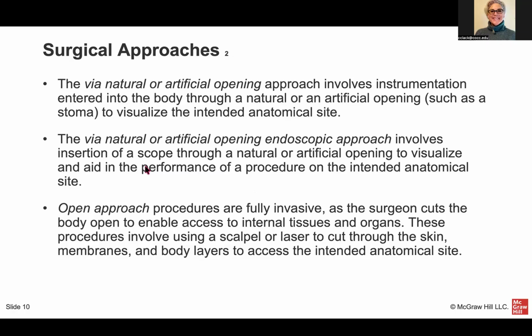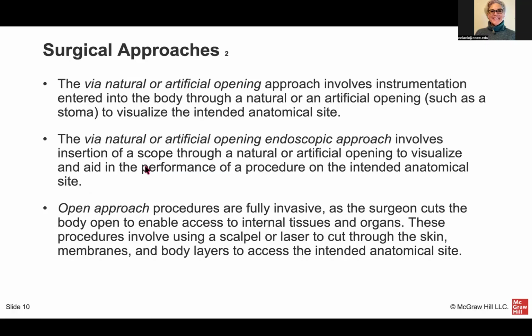The via natural or artificial opening approach uses a body's natural openings, the mouth, nose, urethra, rectum, etc., or an artificial one like a colostomy stoma to introduce instruments. There's no cutting into the skin. Via natural or artificial opening endoscopic approach adds visualization. So think of a scope going through the natural or artificial opening so the surgeon can see and treat the